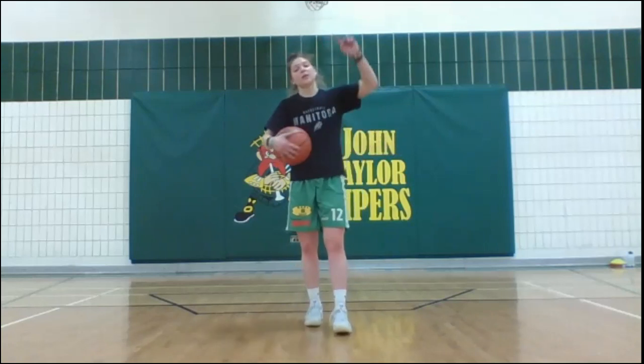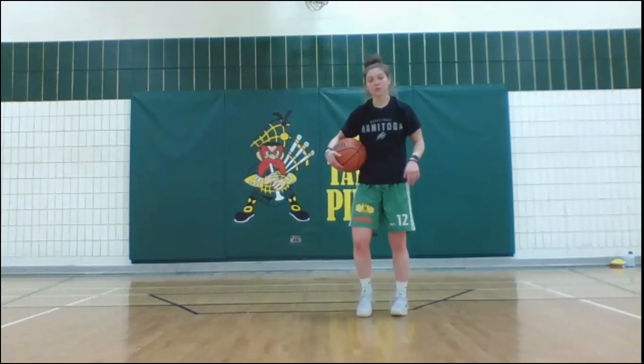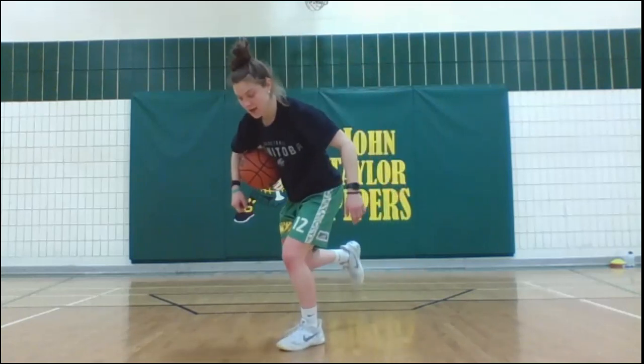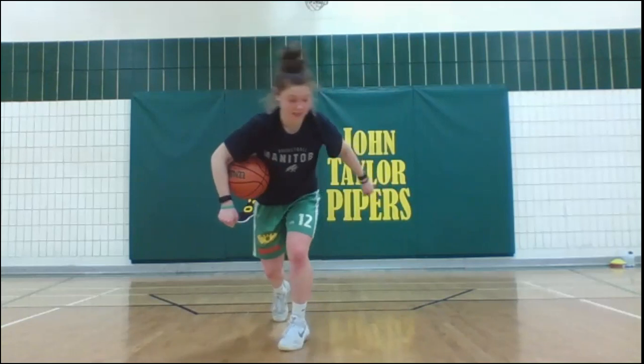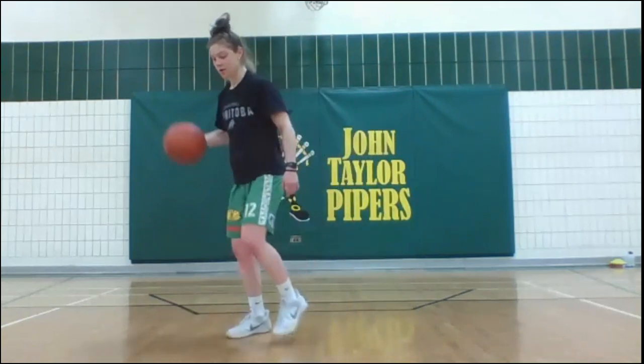So now we're going to try it through the legs. It's going to be our last one for today, and we're going to build on it next week. So you'll see it here. The reason why we stick it is so that when we go through the legs, we're turning already. The tendency usually is this, and this. Oh, you didn't even see my foot there, sorry. It's usually this,